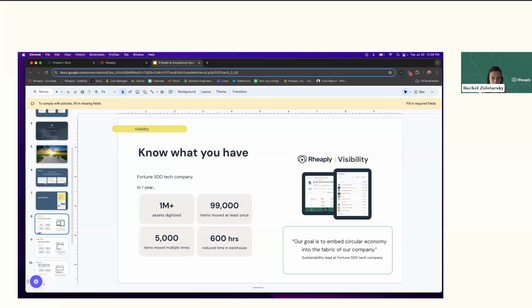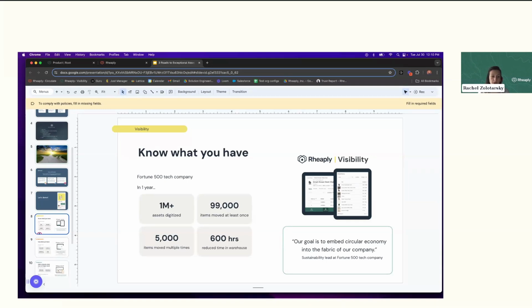So as Lily mentioned, let's put it into perspective. One of our customers is a Fortune 500 tech company, and they're using visibility. To give some background on the customer, they came to us because they had a lot of idle furniture and assets in a warehouse. And then also they had no visibility on assets in use across their campus. The stuff in the warehouse did get used, but not much, as they couldn't figure out how to connect those items to employees who needed them for projects like refreshes, for example. So they were spending a lot of time going back and forth to the warehouse, to buildings on campus, and wasting a lot of money buying things that they actually already had in storage or available in another building for use.